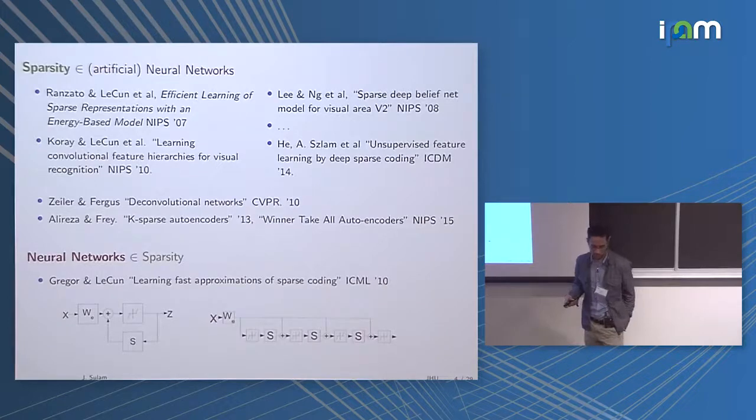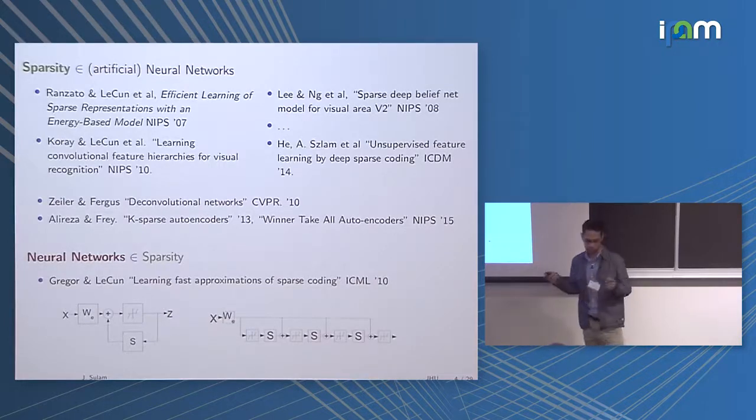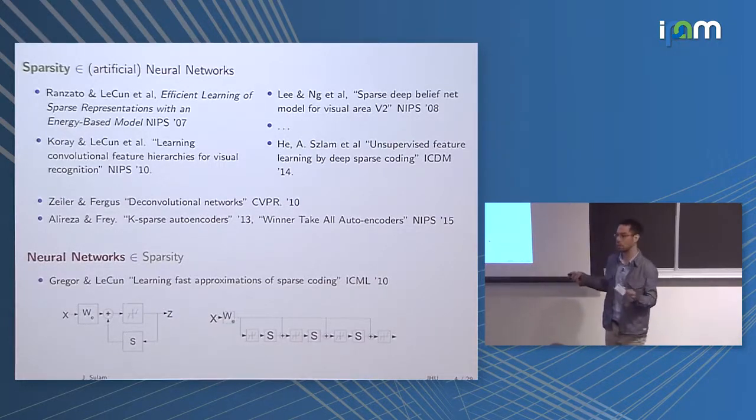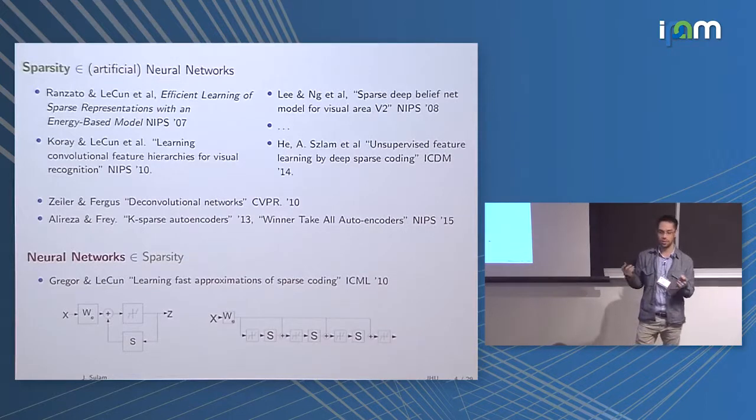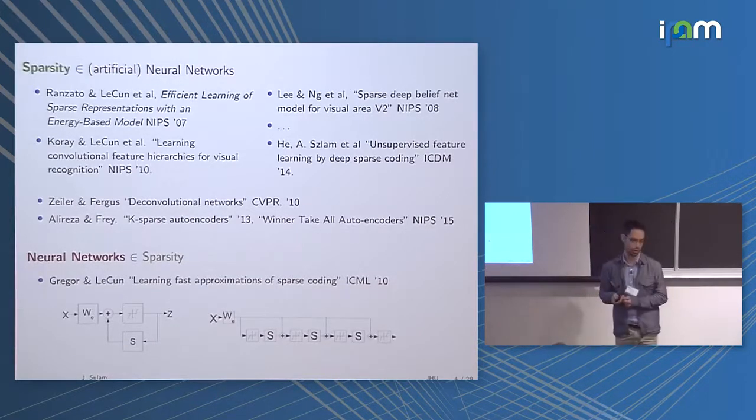LISTA work by Gregor and LeCun, where they showed that you can take this iterative soft thresholding algorithm, which is essentially a very robust workhorse for doing sparse approximation, and you can unfold it, and then you can train these weights that would be otherwise determined. You can free them and train them in an adaptive way so as to approximate the solution of the original algorithm. And it turns out that if you do that, you can actually get very good approximations at a fraction of the iterations that it would have taken you had you gone with the original algorithm.